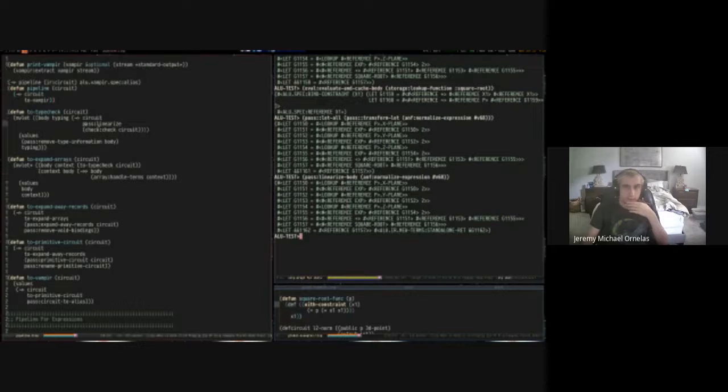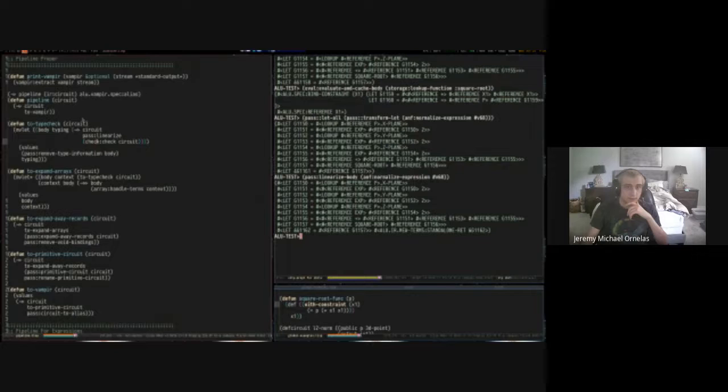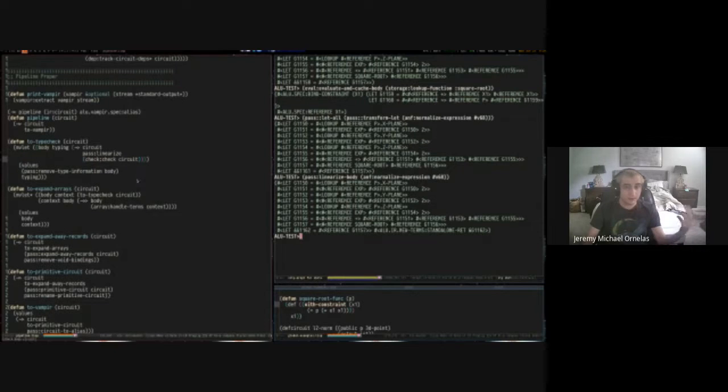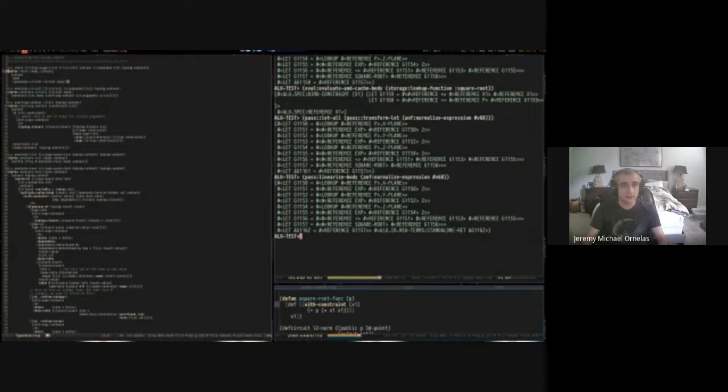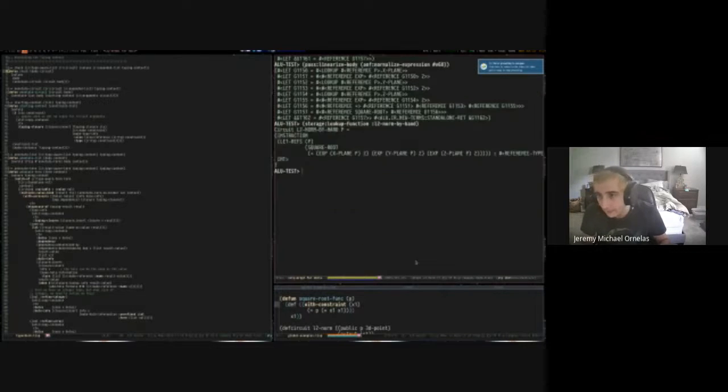So we do linearize, and now comes type checking. Into type check, I do a few things. I call check on the circuit. After I linearize it, I pass it to check. We're going to get into the type checker really soon, but let's see what it does. The type checker takes the body and the circuit. I don't know what circuit we were looking at, so I'm going to have to go back up. I think it was L2 norm by hand. I think this was the circuit. So here are the two circuits. So I can call